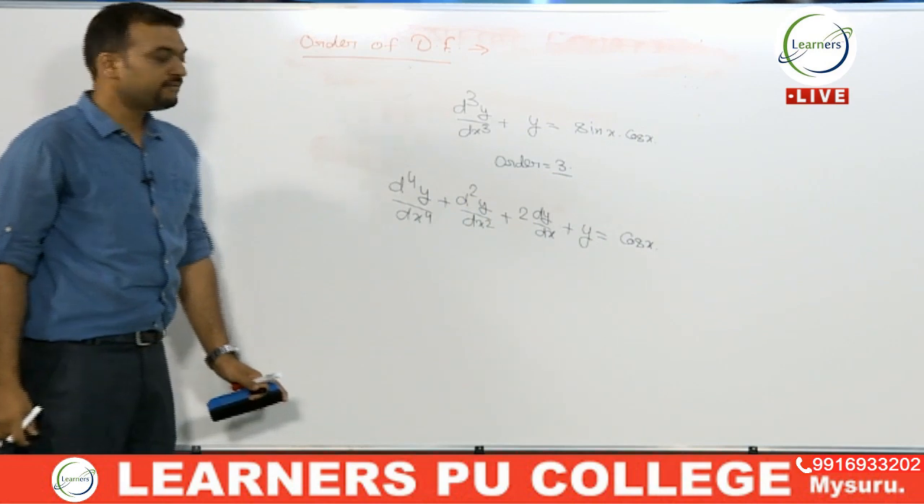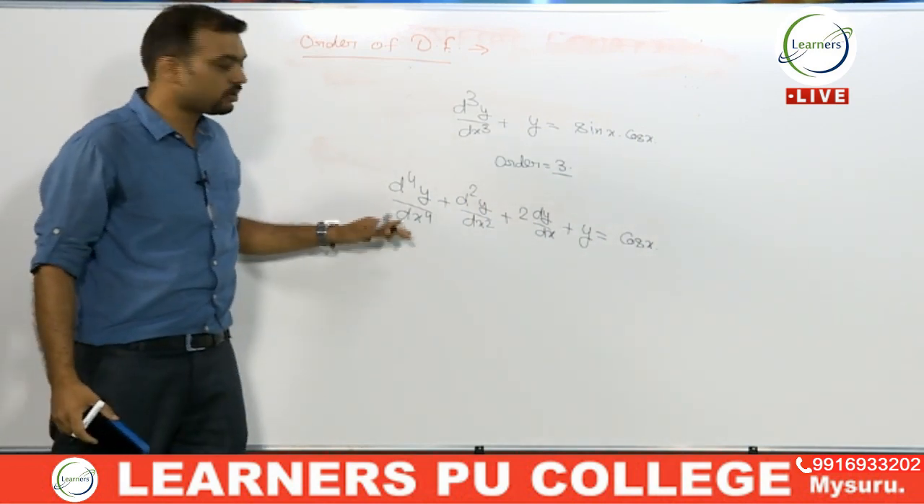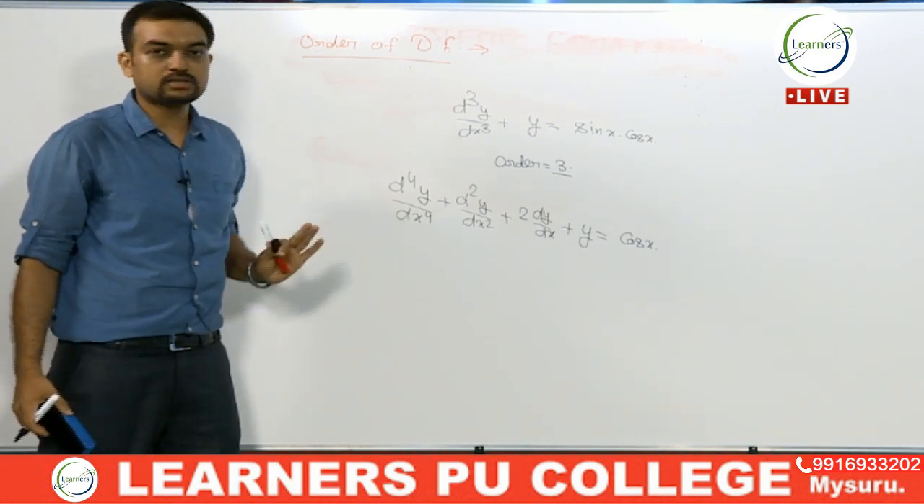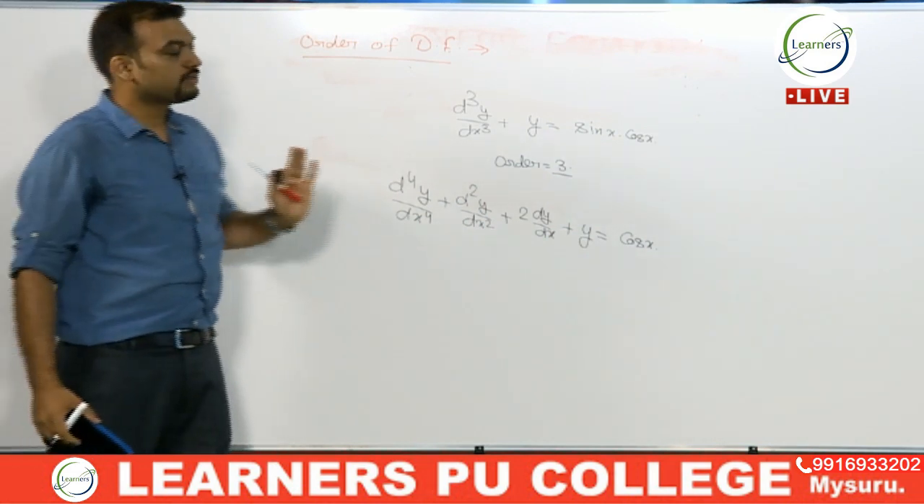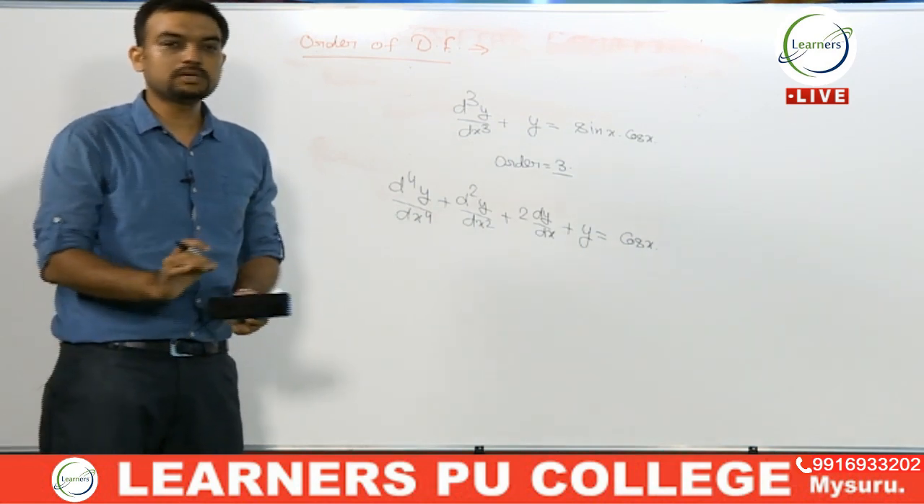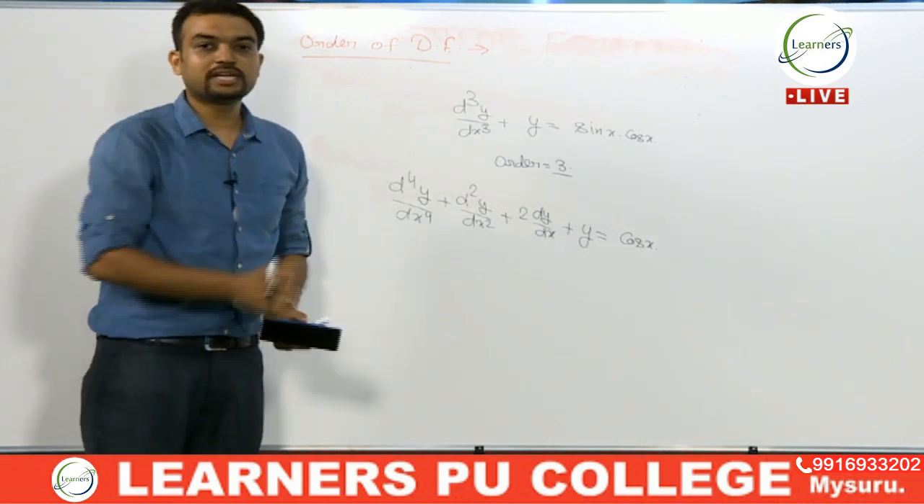Okay, I hope everyone will be able to find out what is the order, because the highest order derivative is the fourth order derivative. So we can say the order of this differential equation is 4. I hope this is very simple to find out the order of a differential equation. What we have to do is simply find out the highest order derivative present in